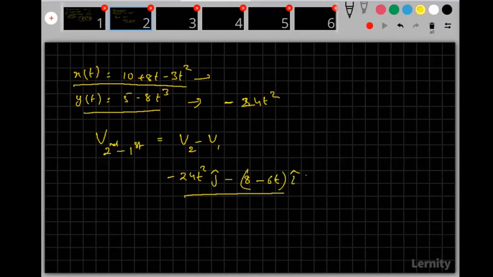So if I put t is equal to 1, as they've given to you, this will become minus 24 j cap minus, this will become 2 minus 2 i cap. So we can find out. So the net will become equal to root over of 24 squared plus 4. So work it out, you get your answer.